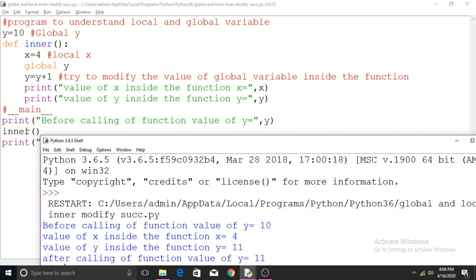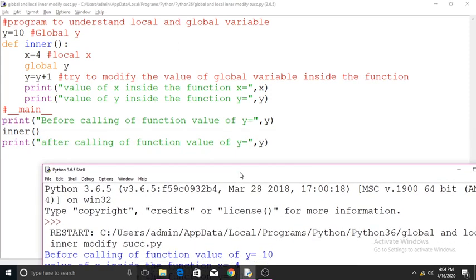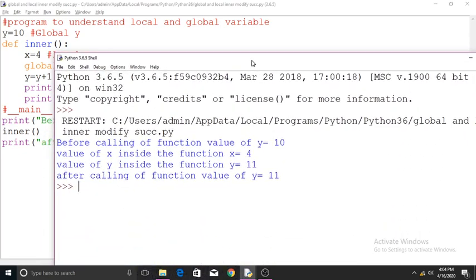Then it will go inside the function, so the value of x inside the function is x equal to 4. The value of y is updated by plus 1, so it will be 11. After this it comes outside.